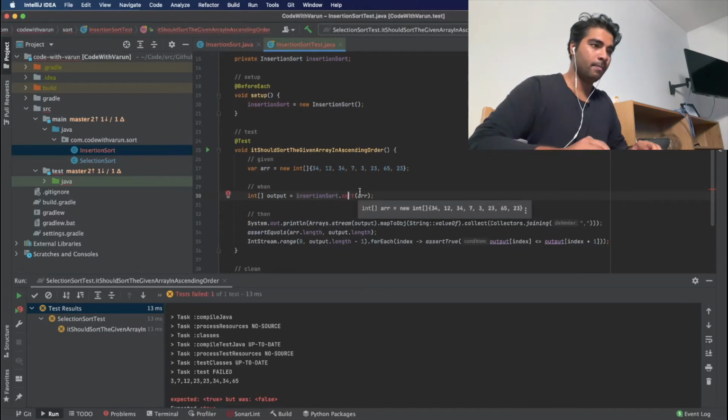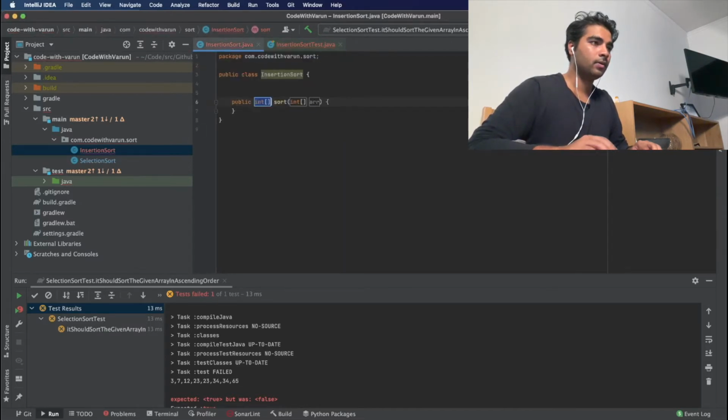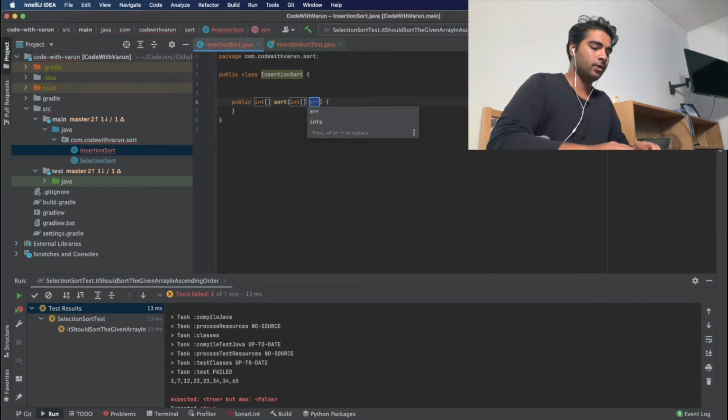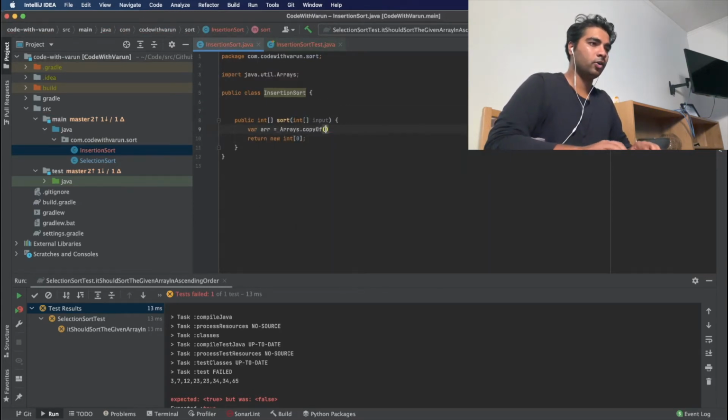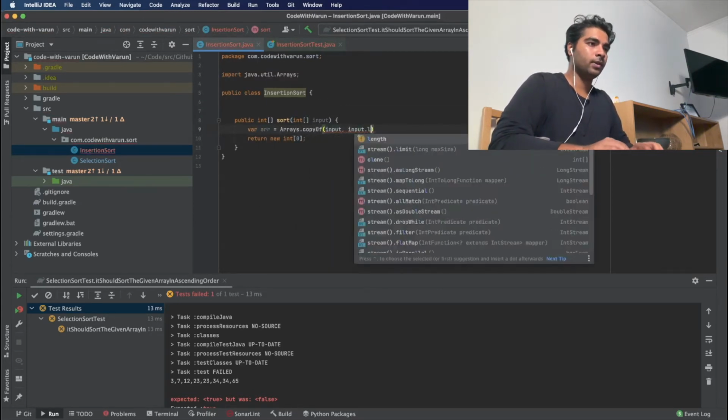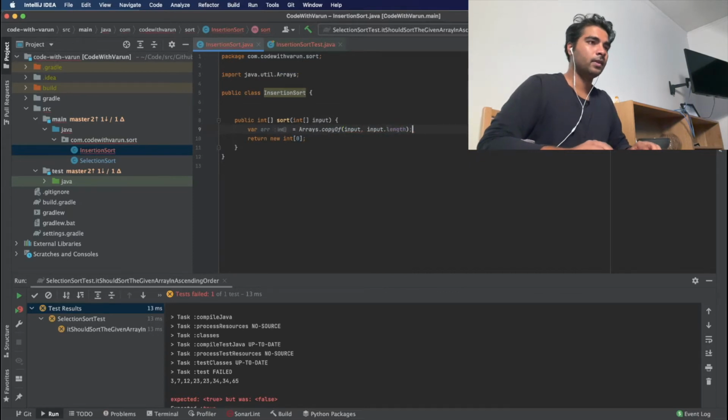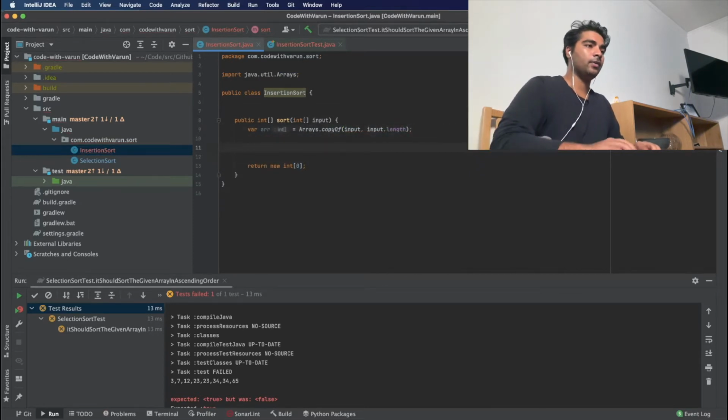And then this method, we'll create it here and name it input. We'll do the same that we did with that, and create a copy of this input array with the same length. Great. So now we have the array. Now we have to sort this array. So for insertion sort, we'll have